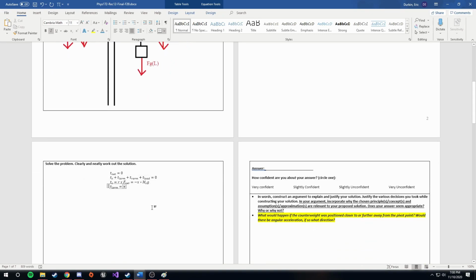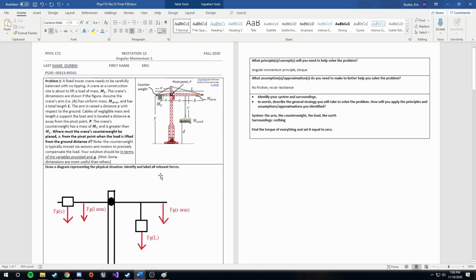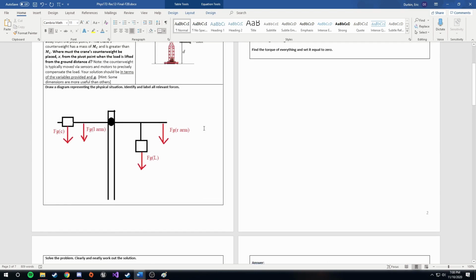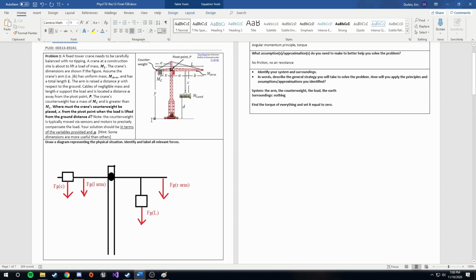If the length is E, then it'd be E over 2, is where the center of mass would be. E over 2 times mass of the arm. The entire mass of the arm